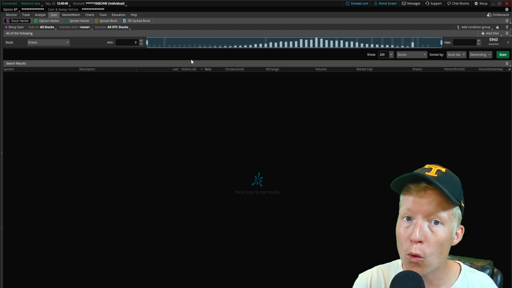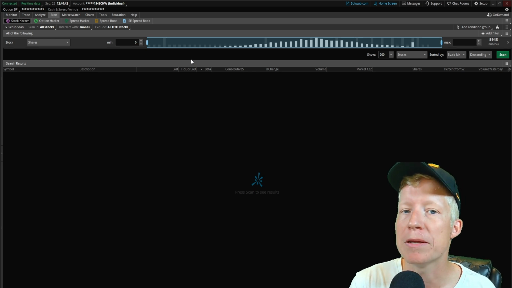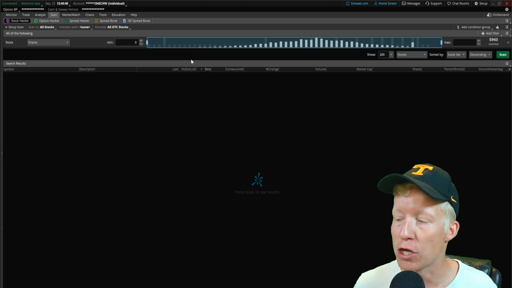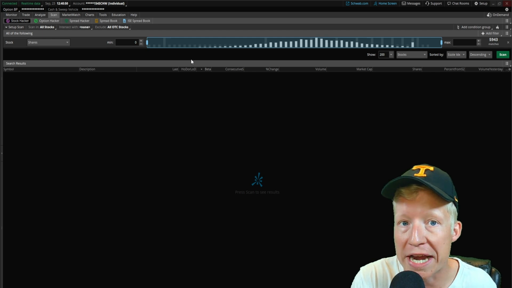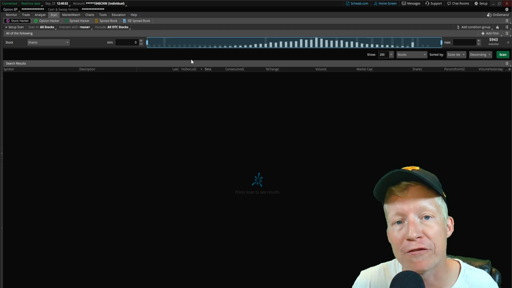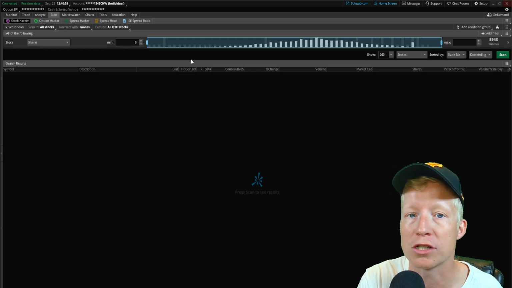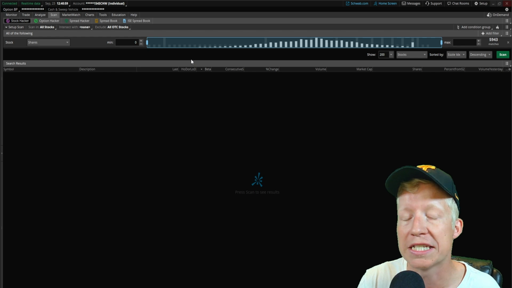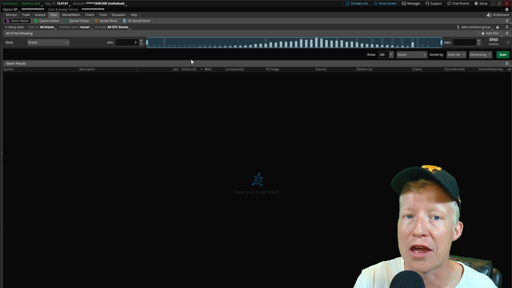Really, the lower share stocks are going to be much more volatile, which can provide you with much larger moves. So you can make much bigger trades on low float stocks. However, just like trading on a smaller time frame, trading smaller float stocks also leads to much more unpredictability, therefore